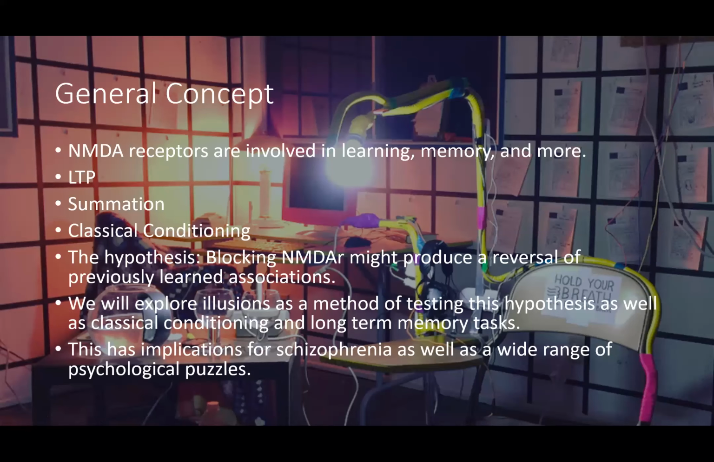So these receptors are thought to be a cellular mechanism in learning, in coincidence detection, and something called summation that we'll get into in a little bit. They are involved in classical conditioning, which is basically like reward and aversion conditioning. And so the basic hypothesis here that we are exploring is that blocking NMDA receptors might produce a reversal of